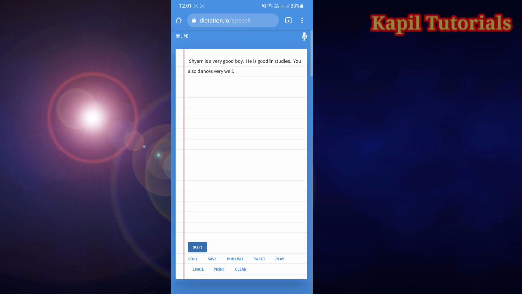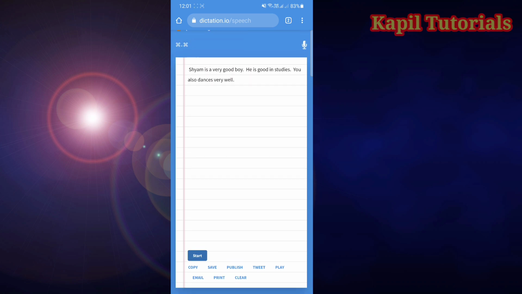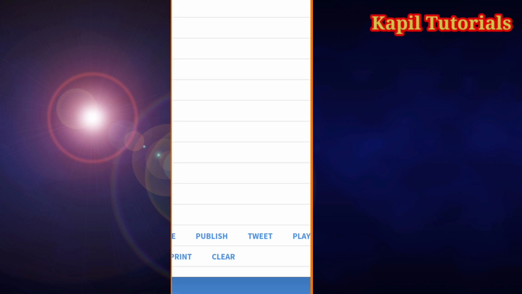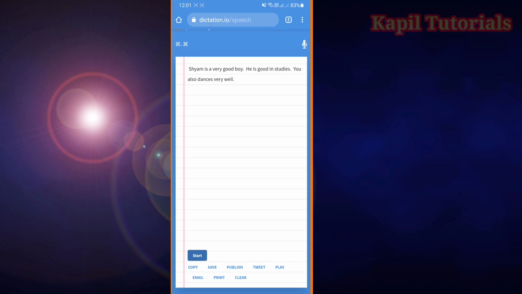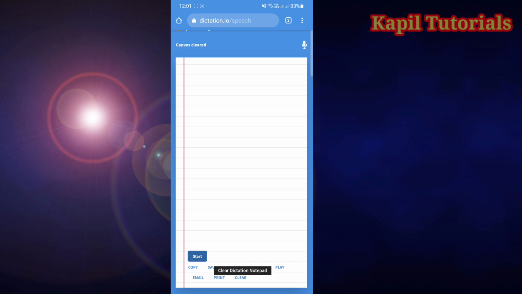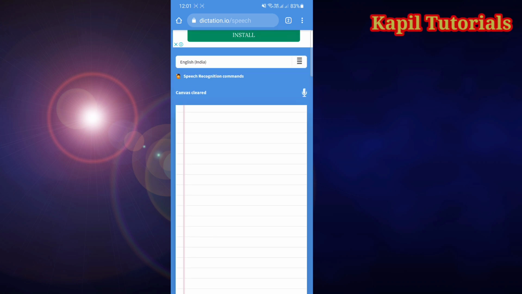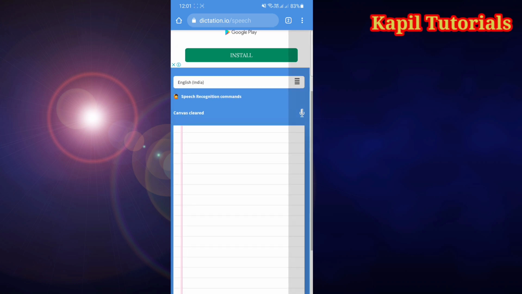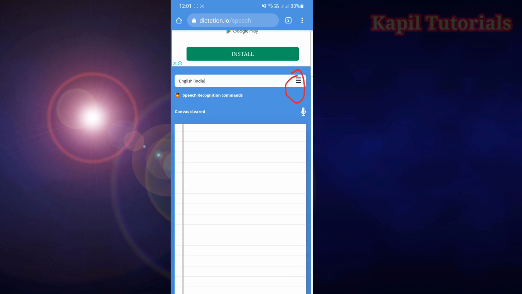Now I'll tell you how we can change the language. Suppose I want to type in Hindi. Firstly I want to clear this. For clearing, you could see at the bottom the clear option is there. So I'll clear it. It's ready now. Now for typing in Hindi, again I have to come here where the option is for changing the languages.